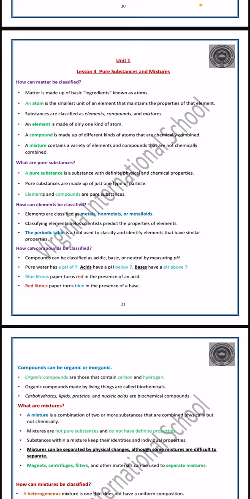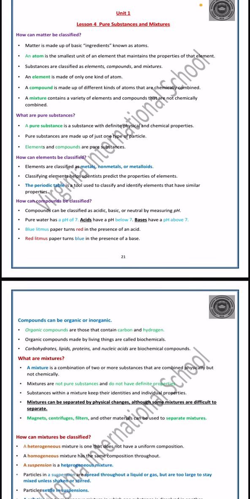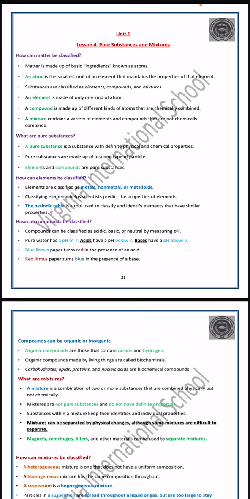Okay. How can elements be classified? We can classify the elements into metals, non-metals and metalloids. Okay, we will talk about it next time in the periodic table. We will talk about it in more detail. Okay, so you just have to know